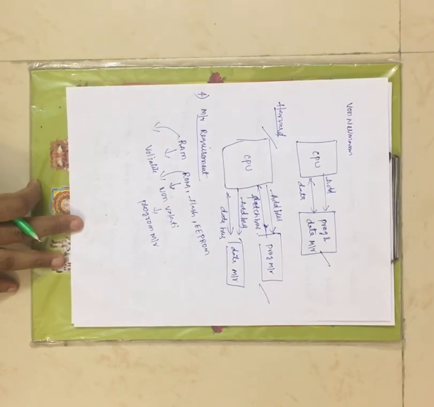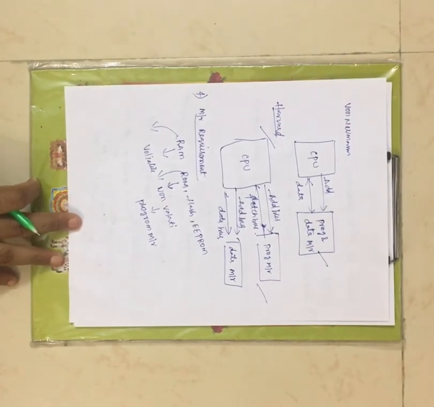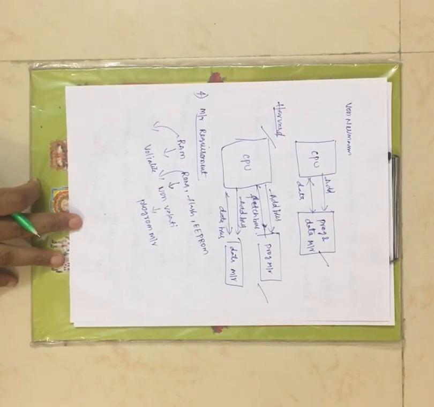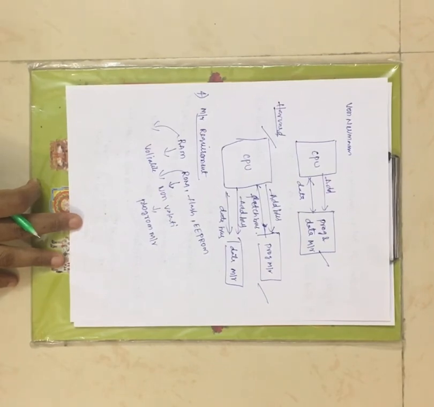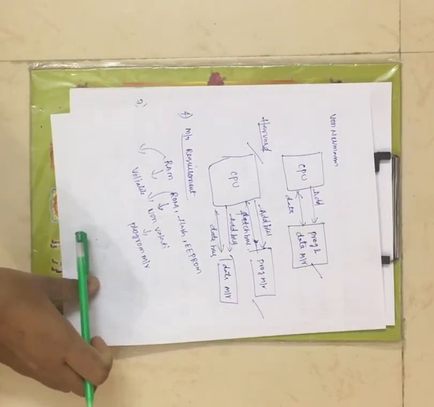Now coming to the memory requirement, the fourth important factor is your memory requirement. You have to choose a microcontroller with a large amount of program memory, nothing but ROM, and with a large amount of data memory, nothing but RAM. Why? Because if you choose a microcontroller with less RAM and ROM, there may be a chance of running out of space. Because of that, you can't execute your application. That's why you have to choose ROM and RAM with a large amount of memory.